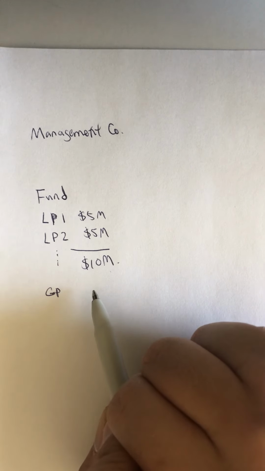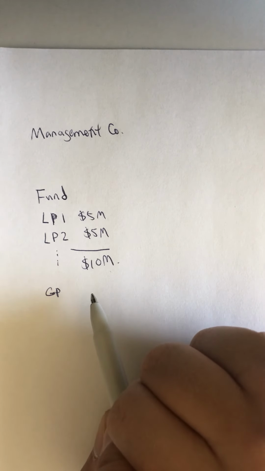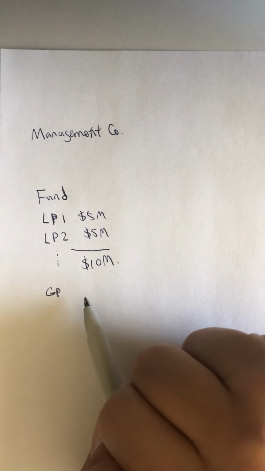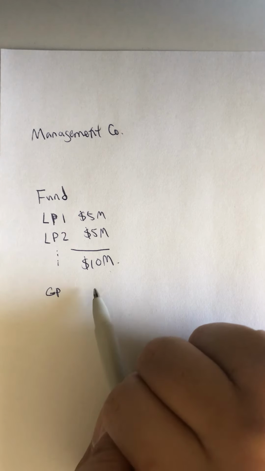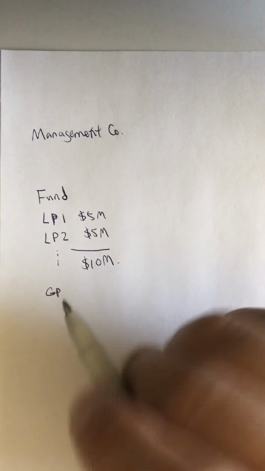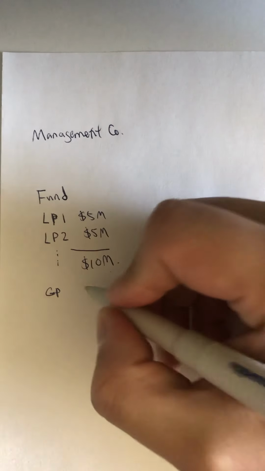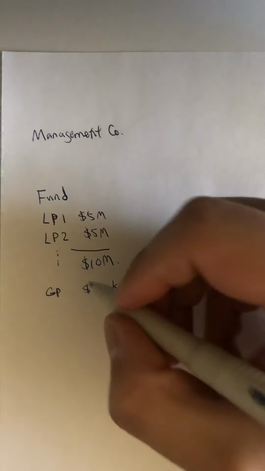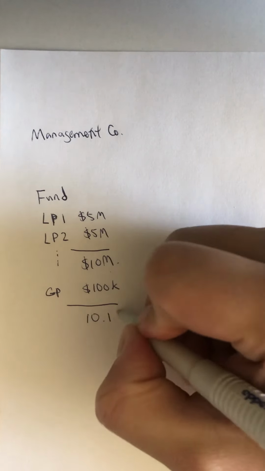Traditionally, it's been 1%. However, in recent years, I've seen as low as 0%, and I've seen as high as, say, 15, 20%. So for simplicity's sake, you put in 1%. So 1% of 10 million is $100K. So now you have $10.1 million